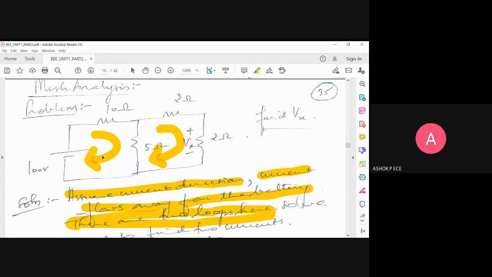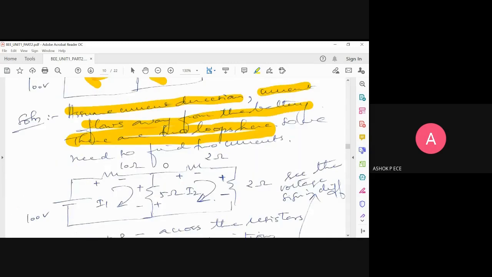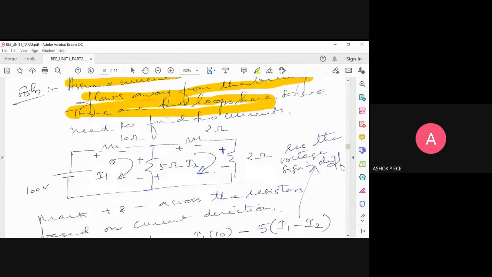If there is no voltage source, then you can take the direction of current the same as your first loop. First loop I have assumed to be clockwise because the voltage source is applying current in this way, correct? The second loop also I'm going to assume as clockwise. See the directions I have assumed here. The first loop clockwise because you have a voltage source, current is always flowing away from the voltage source. Second loop, I don't have a voltage source, so the direction of current is assumed to be the same as the current of the previous loop.